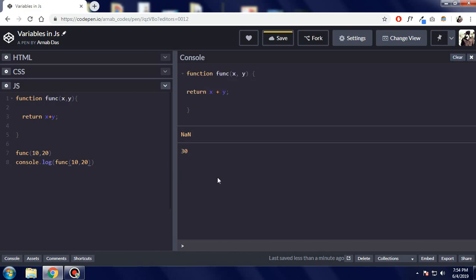So this is what we expected. This is how a function works. And if we sum some other numbers, let's suppose 50 and 30, we don't have to change anything inside this function, just change the passed values and it will give a unique